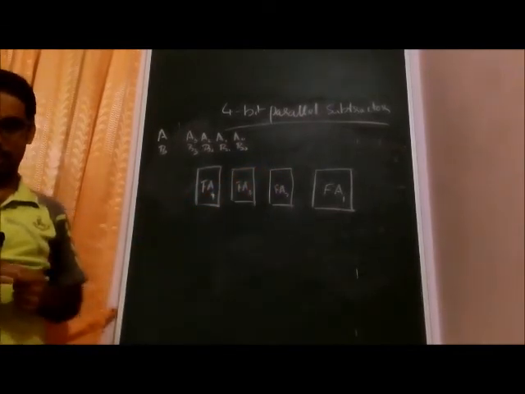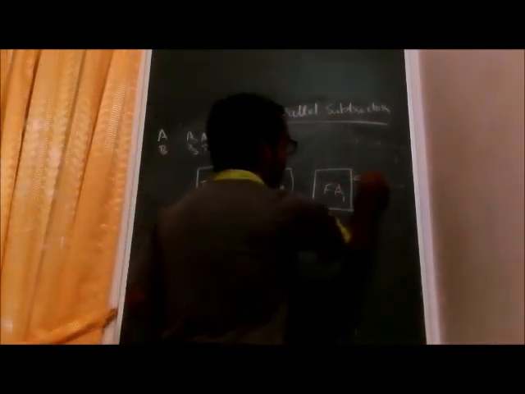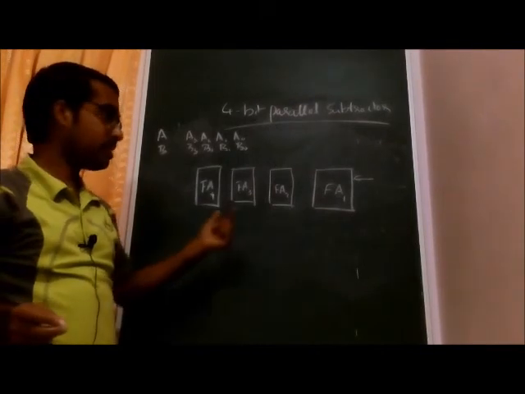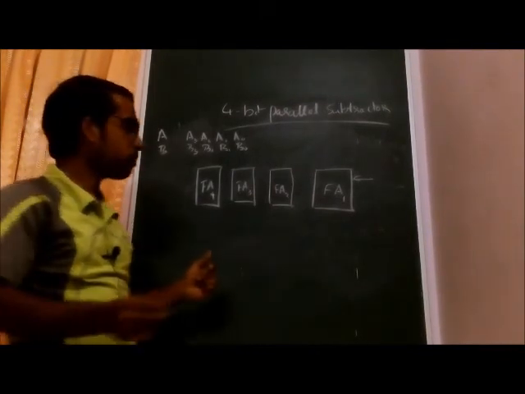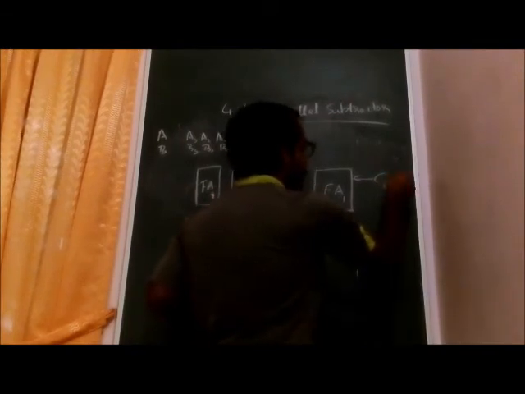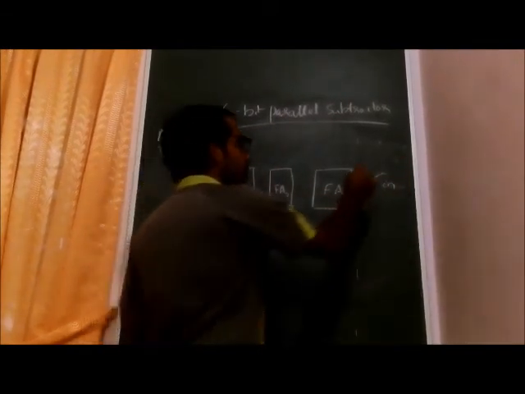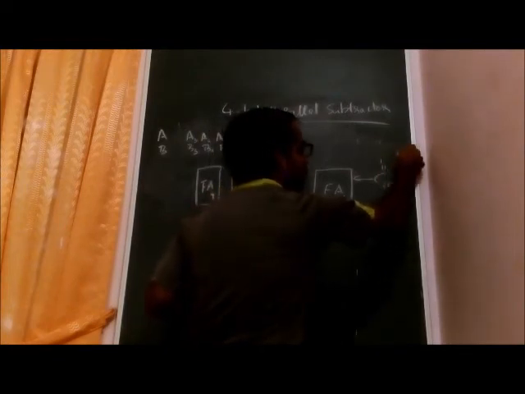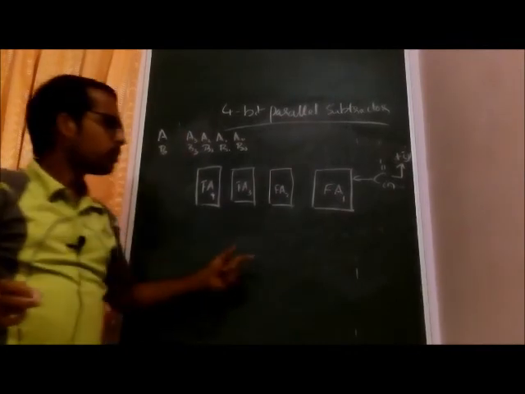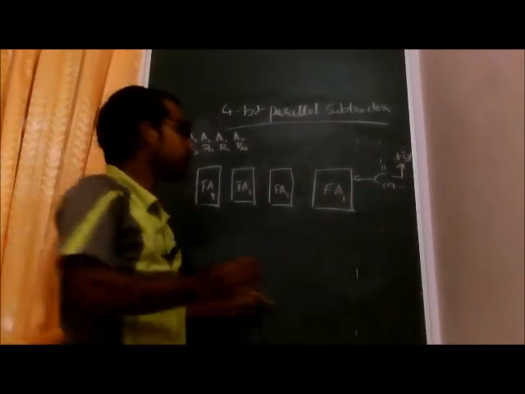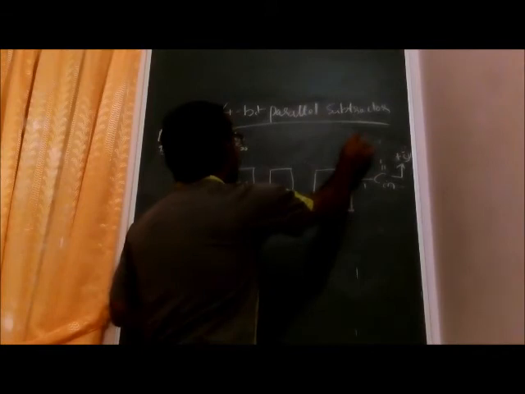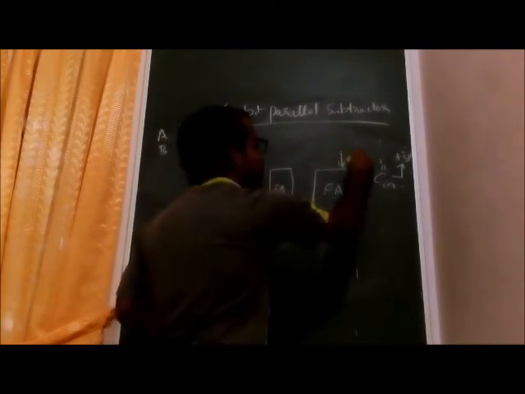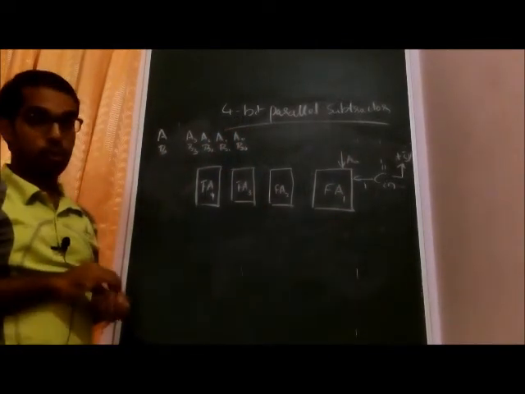We have a carry input here. In the previous full adder circuit we took the input carry as 0, but in this case we need to take it as 1 because we need to add 1. So this will be equal to 1, which means we connect it to some positive supply voltage. So the carry input will be 1, and these are the digits. This is A0, and for B0 we need to complement it.